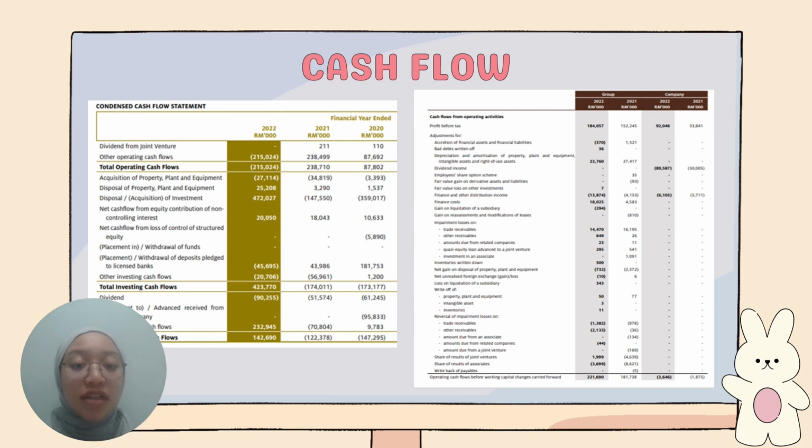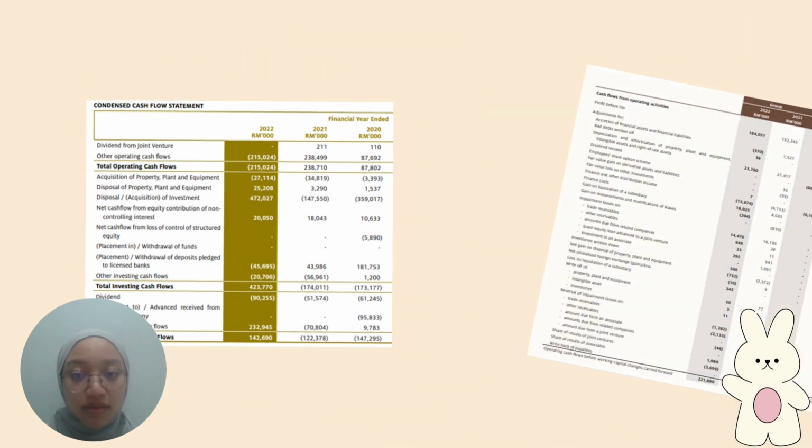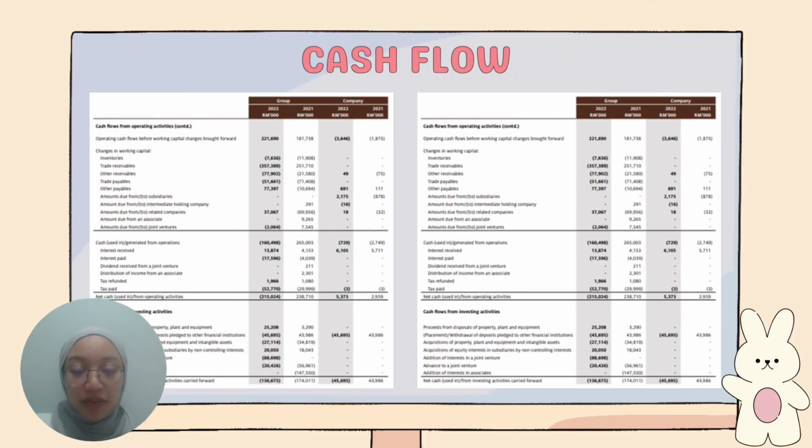For the net increase and decrease in cash equivalent in 2022 is RM2,488,000, while for the group is RM315,436,000 ringgit Malaysia. As we can see, the cash equivalent at the end of the financial year in 2021 is RM3,393,000, while for the group is RM407,686,000 ringgit Malaysia. The amounts are increasing throughout the year. So these are also the tables for the cash flow.